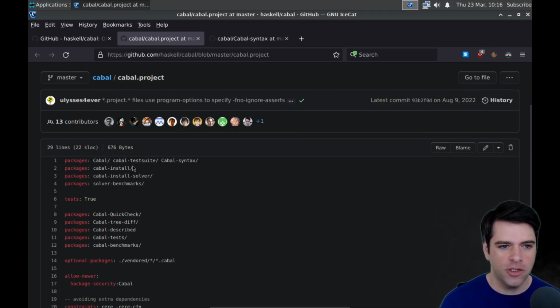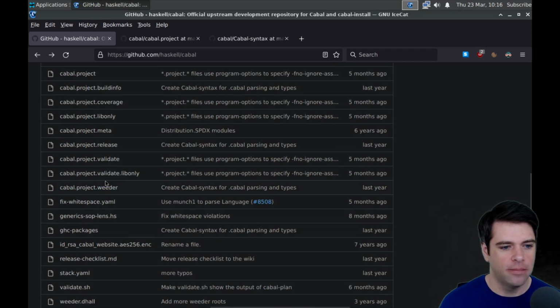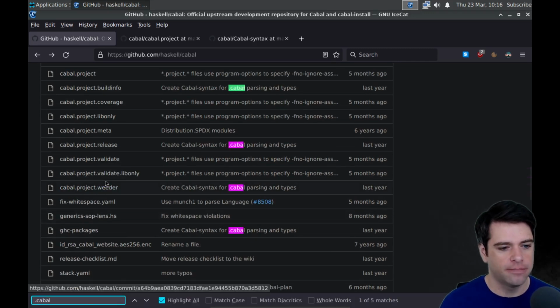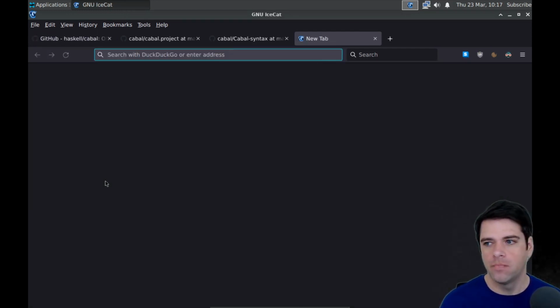Okay, so I'm not sure if this is the Cabal format. For sure, we'll be able to find one. Let's see, I'll just search for .cabal. What's a popular Haskell library?